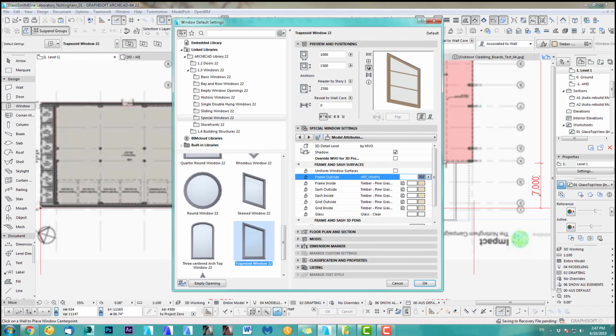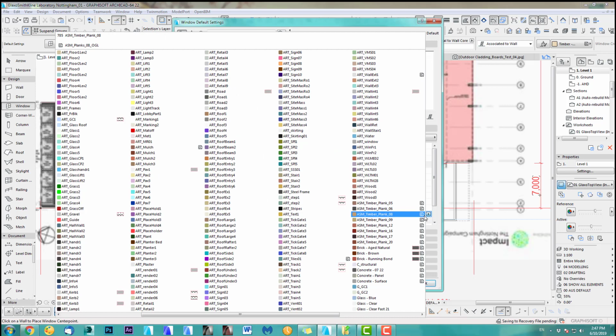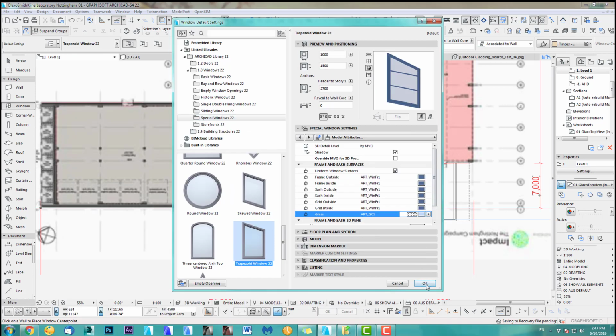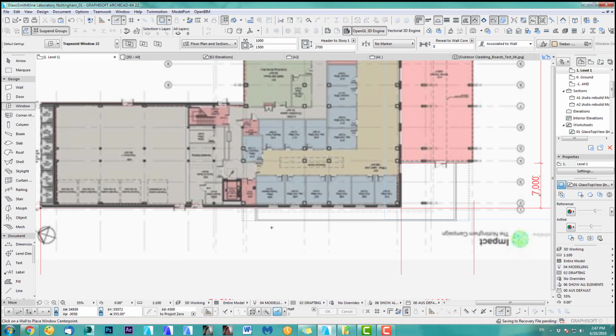There we go, window frame. Oops, I thought I ticked that. Window frame, glass clear, that's fine. Actually, no, let's make this a bit bluish just for the purpose, it's easier to follow. And hit OK. Now you've seen that I didn't really do anything with the sides, and there's a reason to it,